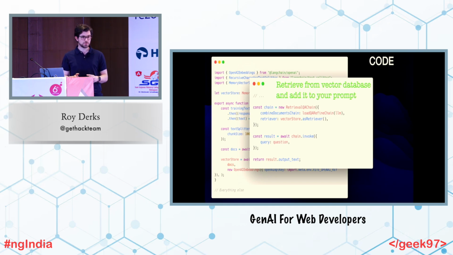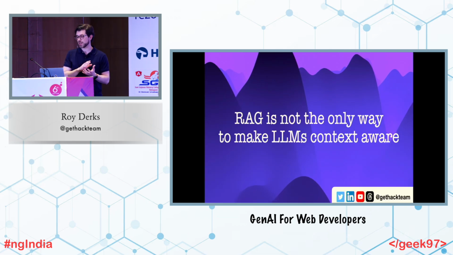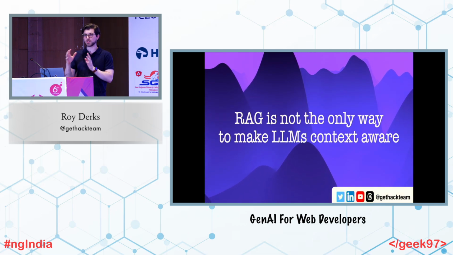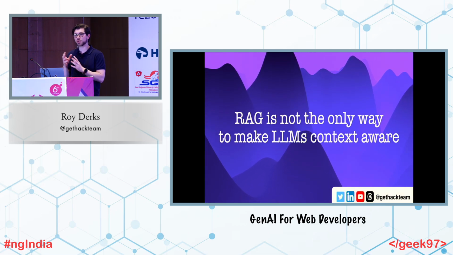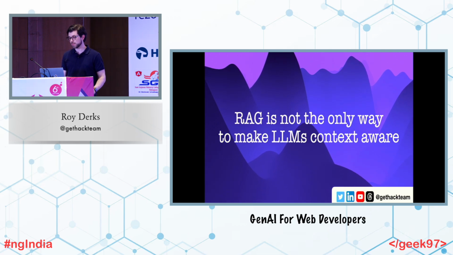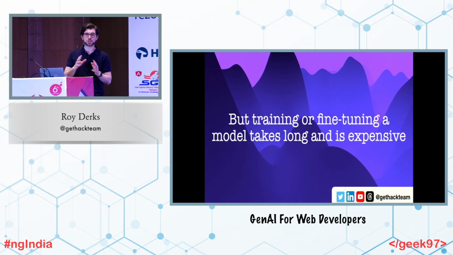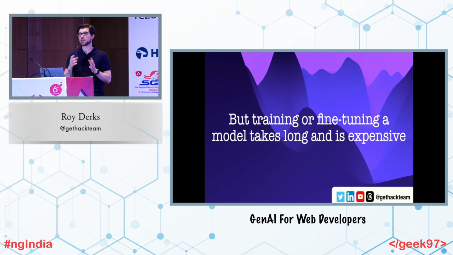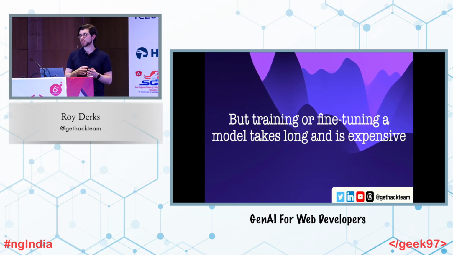So I also have code examples for this, but I also understand we don't have time to go over all of these. And RAG is also not the only way to make LLMs context aware. Because as I told you in the beginning, the Llama model is really good at code, and some other models might be good for other purposes. Training or fine-tuning a model might be good if you have very specific asks of the foundation models that they don't really understand well. But it's also a trade-off,